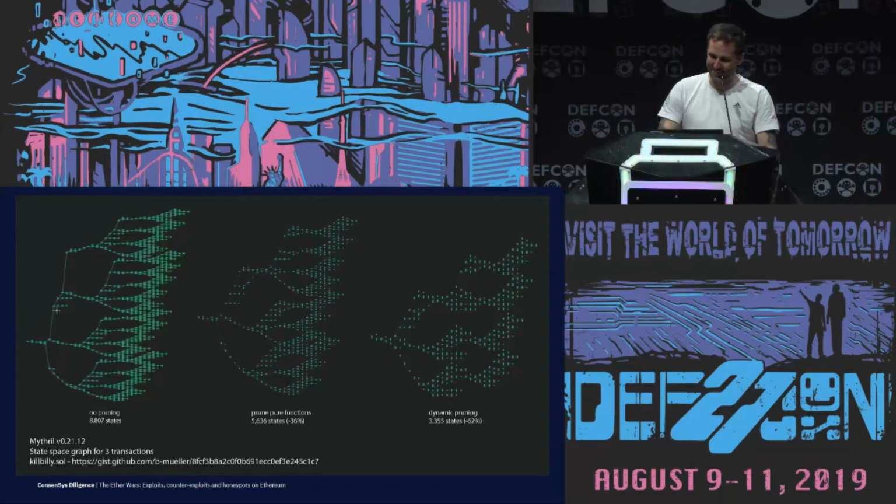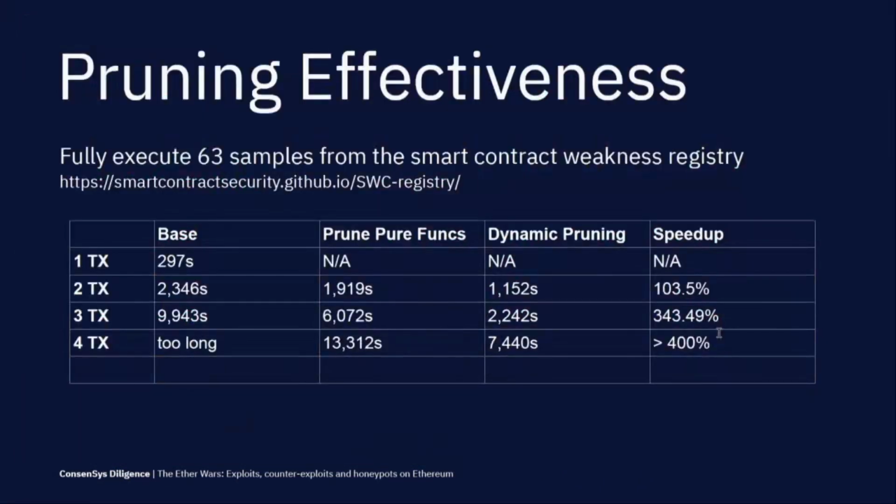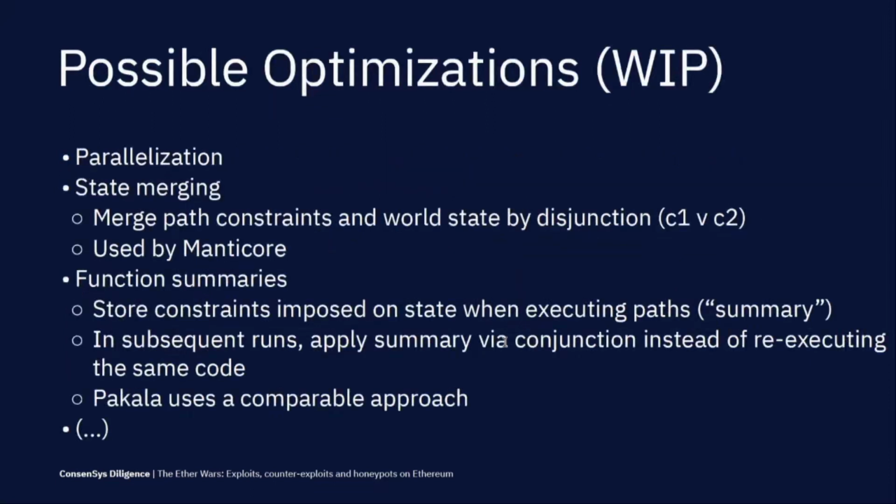So with pruning enabled, you can see we can reduce the number of states quite considerably. In the example I showed you before, it's down by 62%, and this gives us a nice speed up. So we ran some benchmarks on the SWC, the Smart Contract Weakness Registry, and we got speed ups that compound over time with the number of transactions. As you reach fewer stop states, it really gets quite fast, but that doesn't mean that it doesn't still grow exponentially. So we're still looking at a lot of other things we can do, including